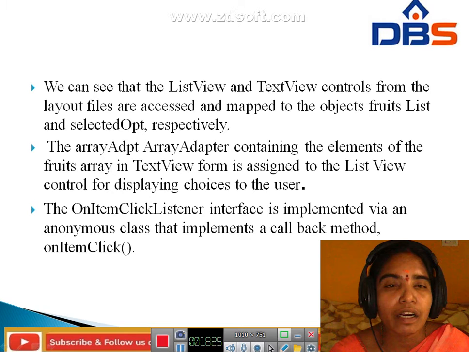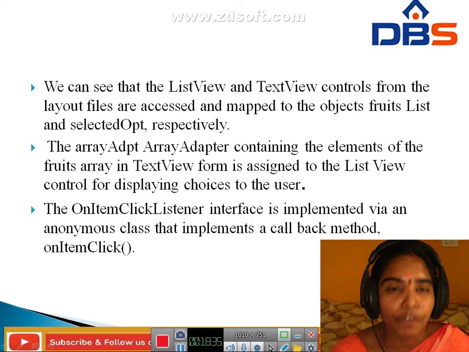Next, the array adapter contains some of the elements of the fruits array, already created in text view form. It is assigned to the list view control for displaying choices to the user.